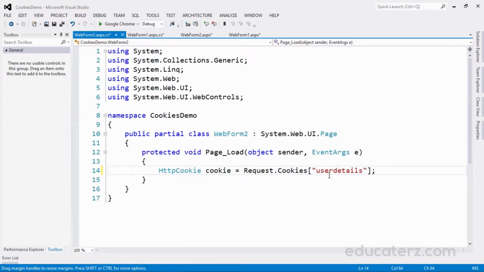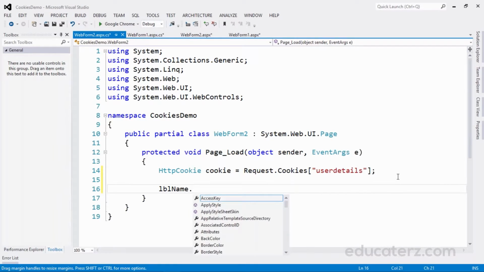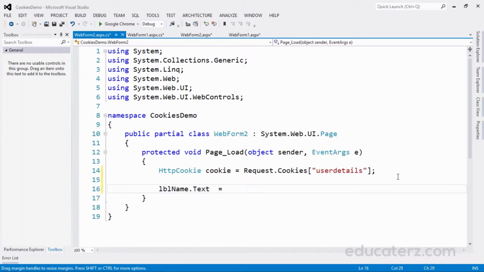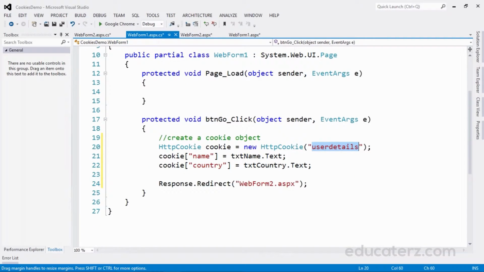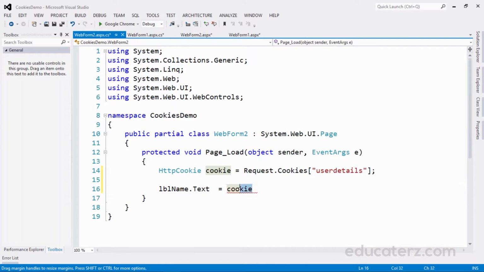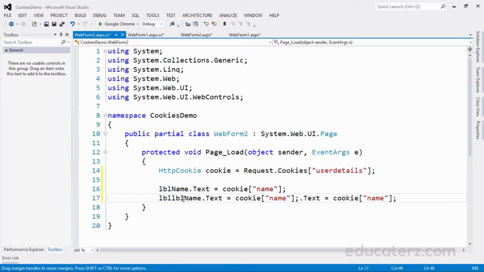Like this. Understand? Now we'll be showing those values in the labels. This is equal to cookie of whatever is there here, and get this. In a similar way, let me get the country name also and show it in the label country.